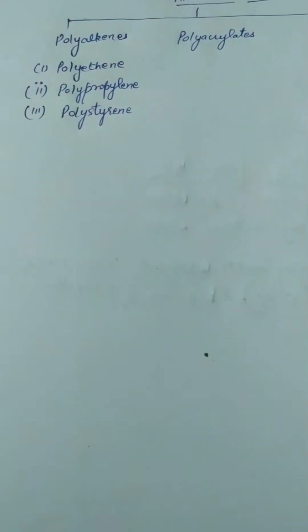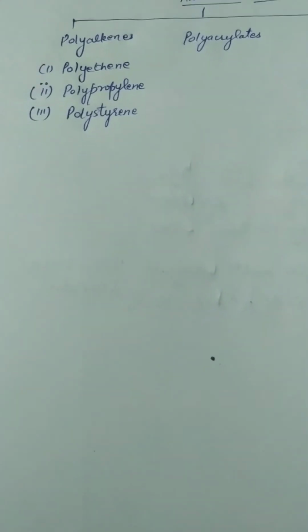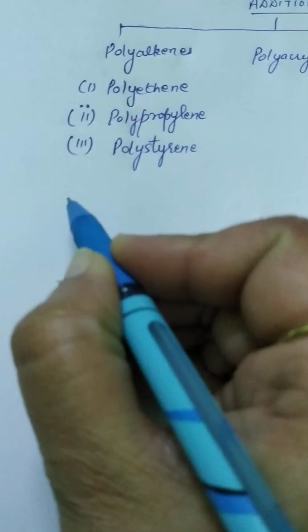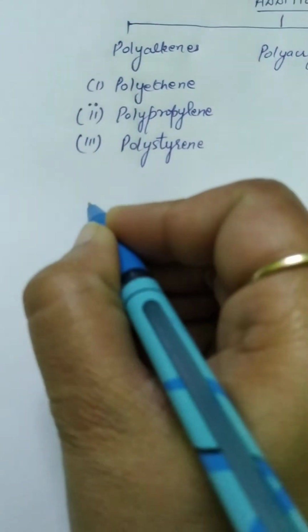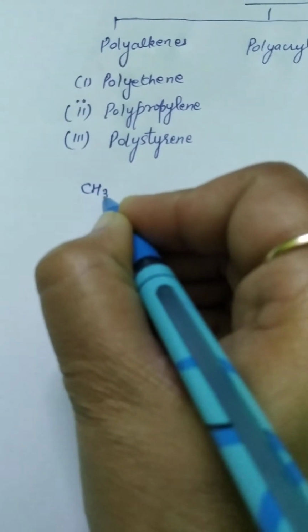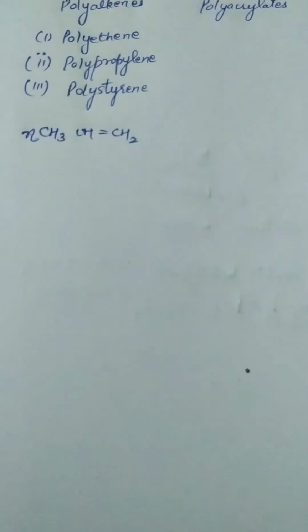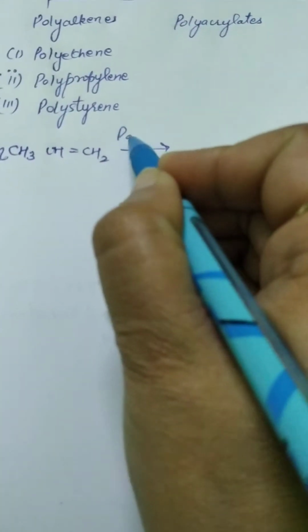Now see, propylene is an organic molecule and it is insoluble in water. So we have to first of all dissolve propylene in normal hexane and then we will mix it with triethyl aluminium at 373 Kelvin and 10 atmospheric pressure. That means in order to prepare polypropylene, we need to take propene molecule. So this is propene molecule. We have to take n such monomers which will polymerize to form